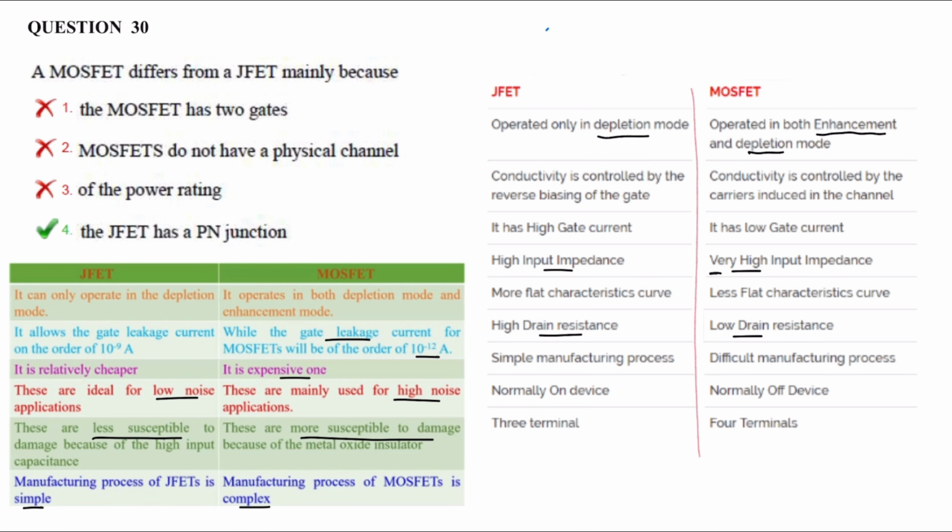So MOSFET differs from JFET. MOSFET has two gates. It is wrong. MOSFET does not have physical channel. It is wrong. Because of power rating, no. JFET has PN junctions. Correct answer is option